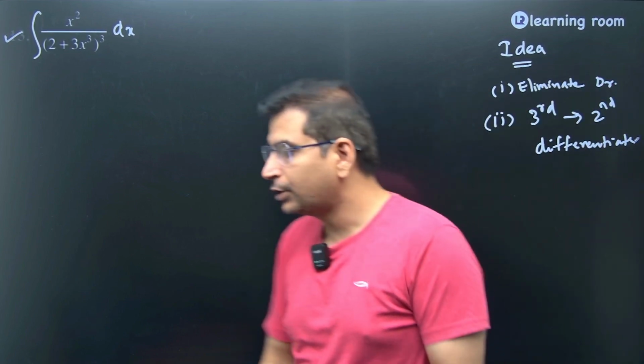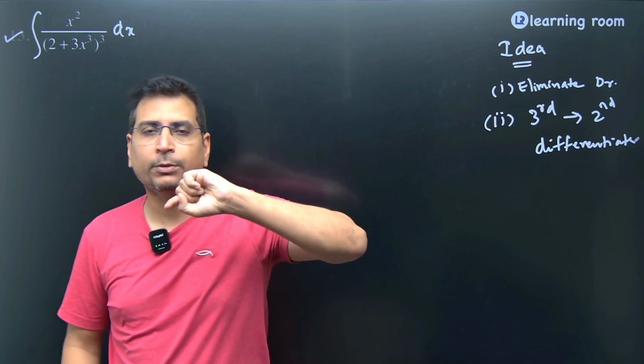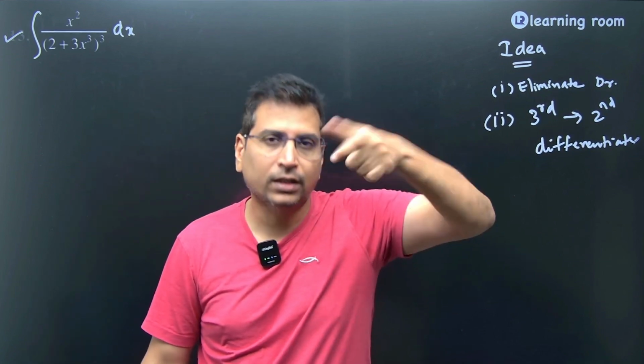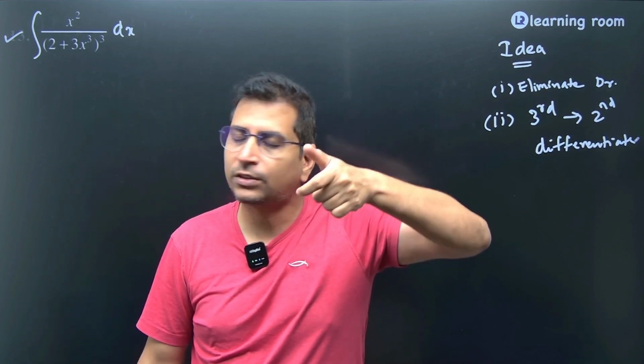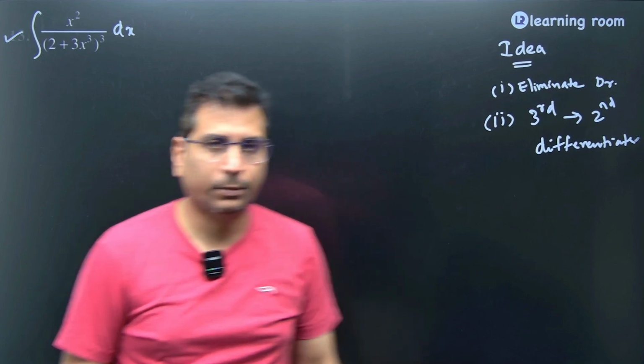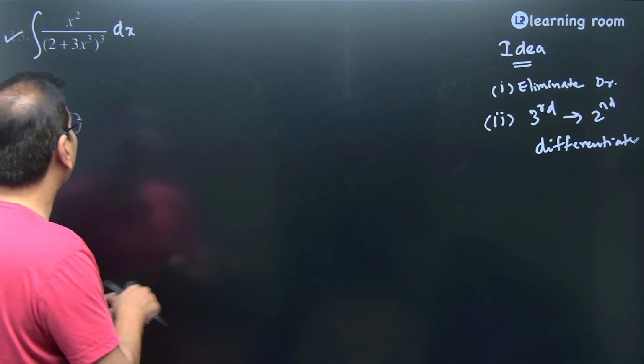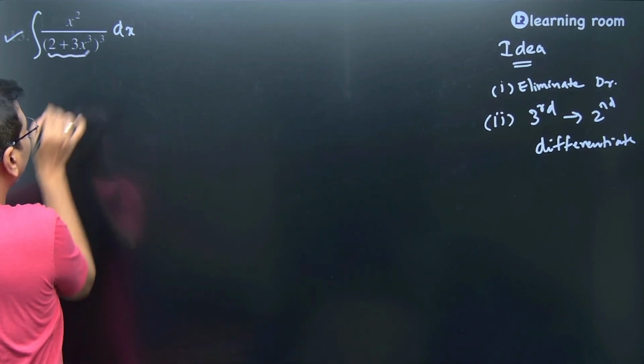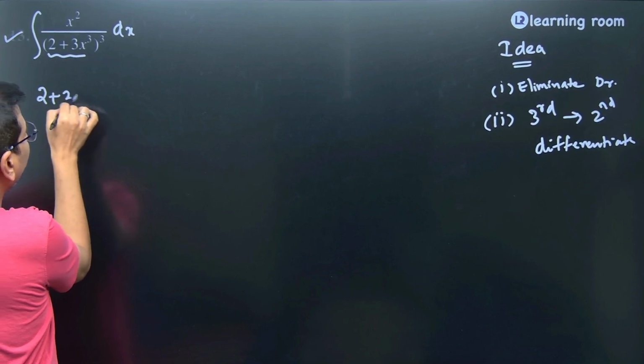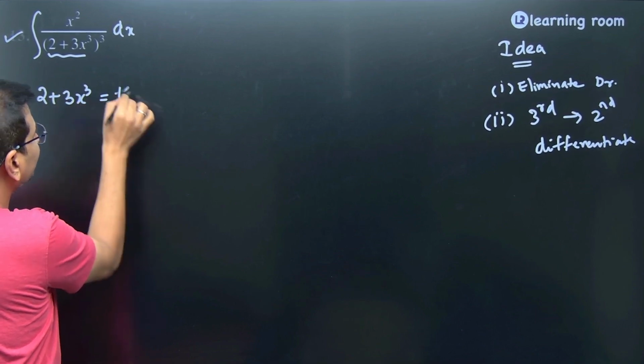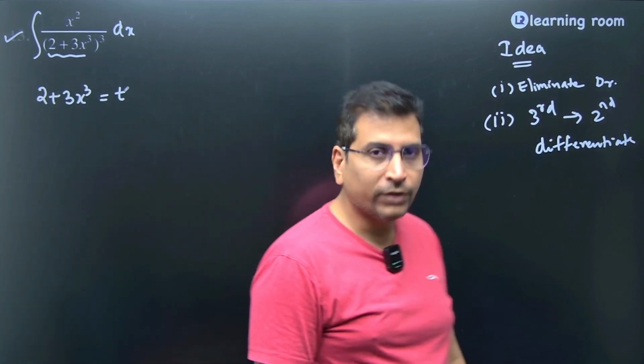Right? Only when you differentiate an algebraic function, x power n, you will get a function which is 1 degree less than that, because n x power n minus 1 will come. So having said that, you need to substitute this 2 plus 3x cube as t. So when we do this,